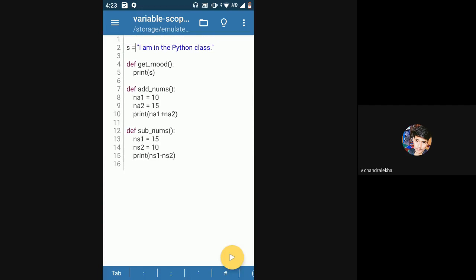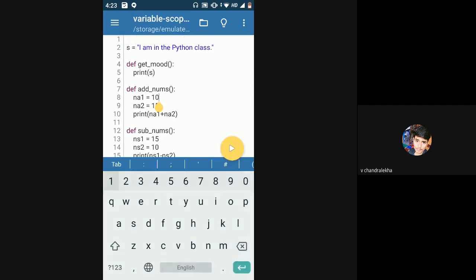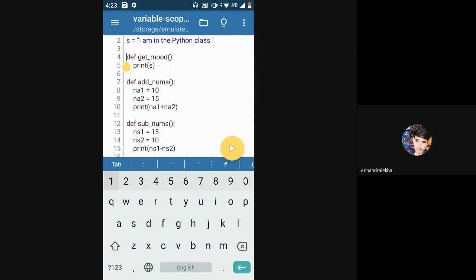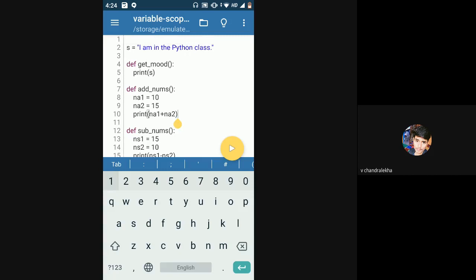Yeah, 100%. Okay, fine. So, see, now you know what a function is, right? We talked about it yesterday, right? It is just a small code block to perform one small task, right? So here we have three functions. Okay. Do you have any questions about functions? What is a function?